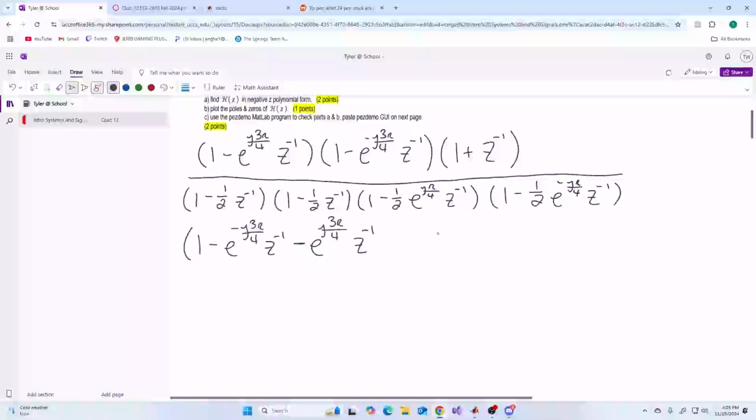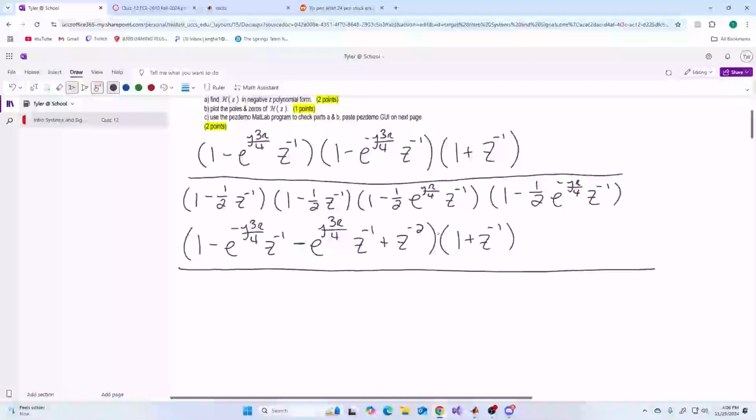Then because these, e to the j 3 pi over 4 and e to the negative j 3 pi over 4, are opposite, those are going to cancel out because, like I said, we're just adding what's up top. So when I add up top, those go away. So I'm going to get positive z to the negative 2. And then I'm just going to bring over 1 plus z to the power of negative 1, all divided by